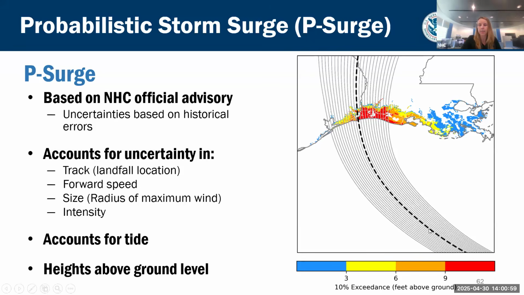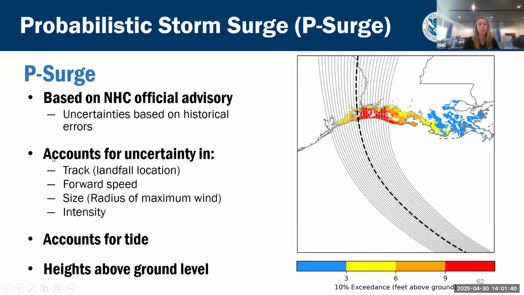At the very center of the P-surge ensemble is the official forecast, this dashed line. You can see that we have that family of alternative storm tracks as gray lines here. So we're varying the landfall location. It takes into account uncertainty in the track or the landfall location. Also, we have uncertainty related to forward speed, because how quickly the storm is moving towards the coast is going to impact how far inland the water could penetrate, as well as how the storm makes landfall relative to the tidal cycle. So that needs to be taken into account.